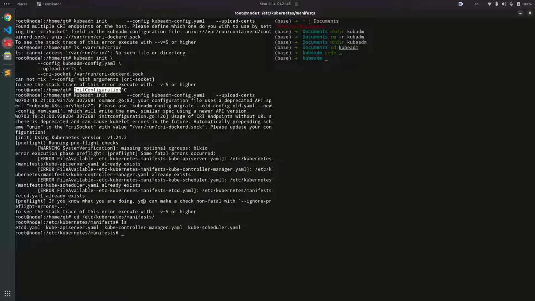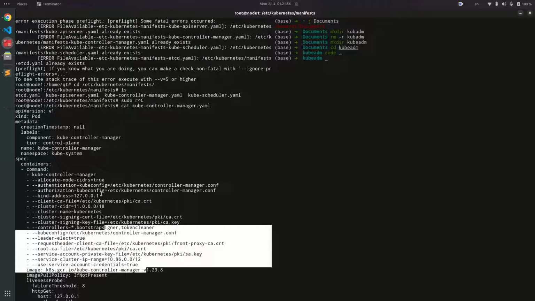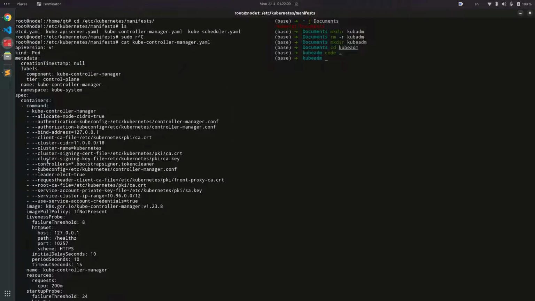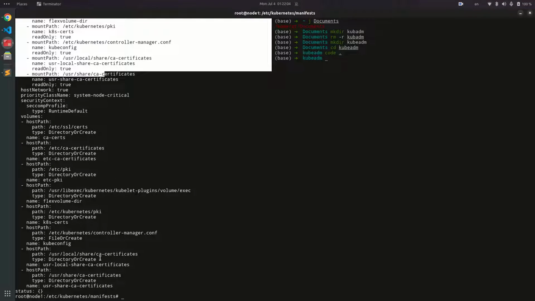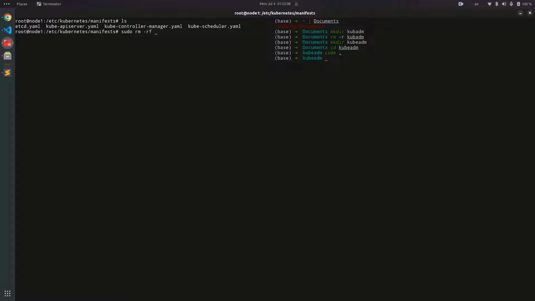So basically with this cap arrow I will just remove the whole thing, because I know there are some kind of object generated out of this guy, and there are plenty of things to see in here. Like you can see that it can port and define a controller manager, what it needs, and certificate and host network and things like that. I really don't want to focus on this one too much, so I'm just gonna remove all of them